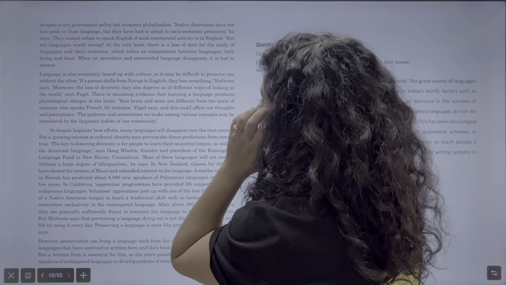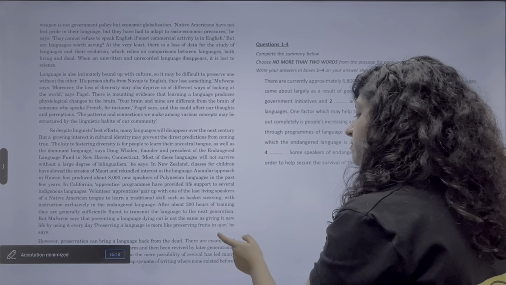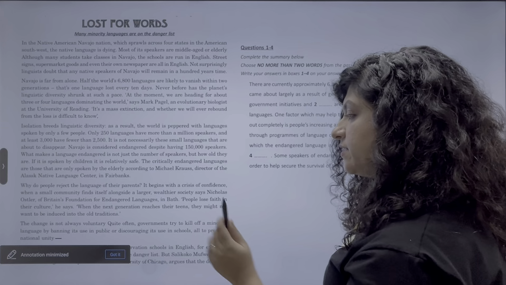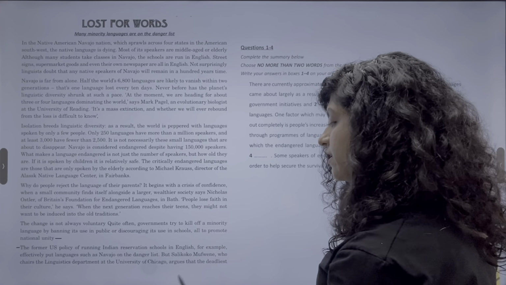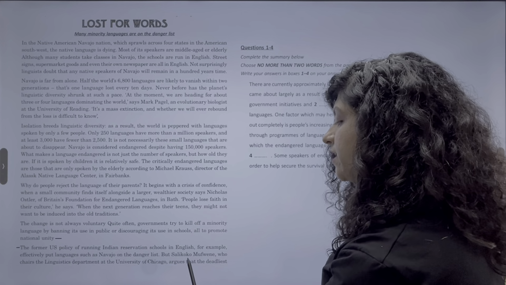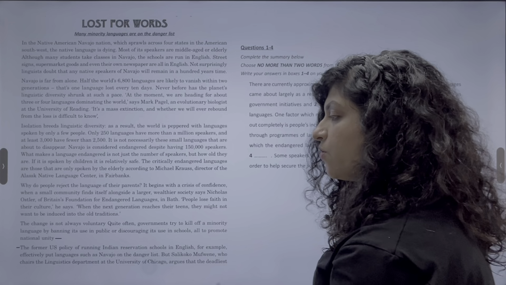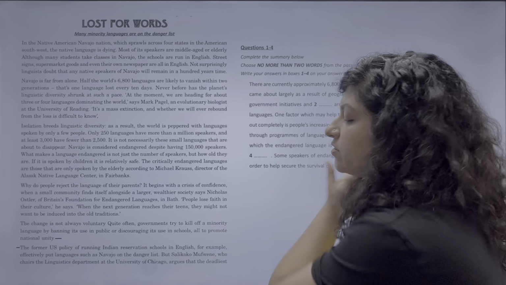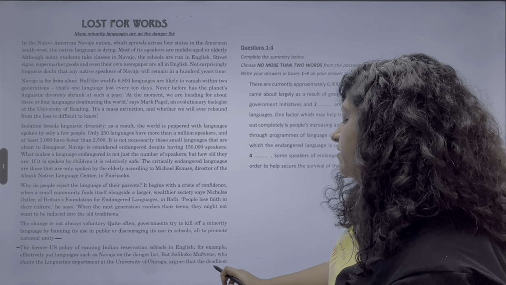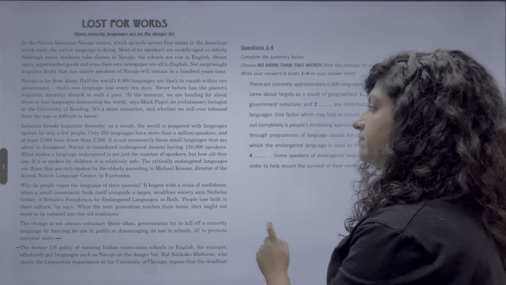You see this line? Let me connect it with the previous part. This line in the very end says, but Salikoko Mufwene, who chairs the linguistics department at the University of Chicago, argues that the deadliest